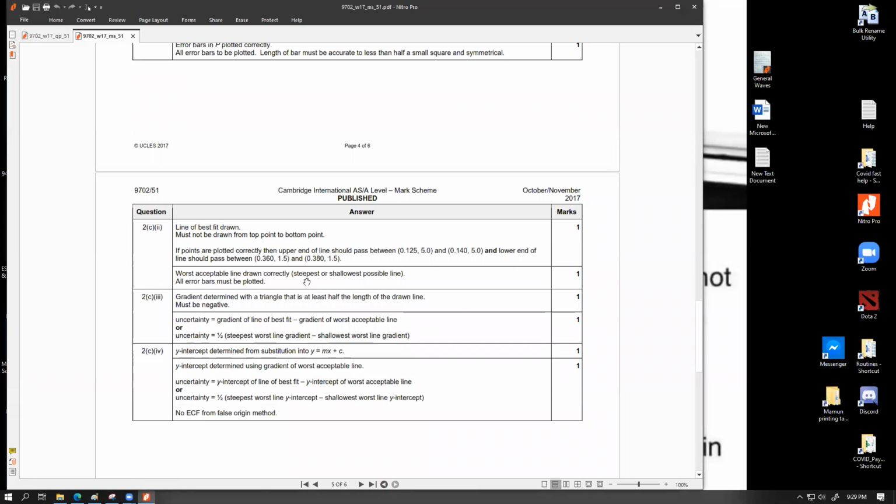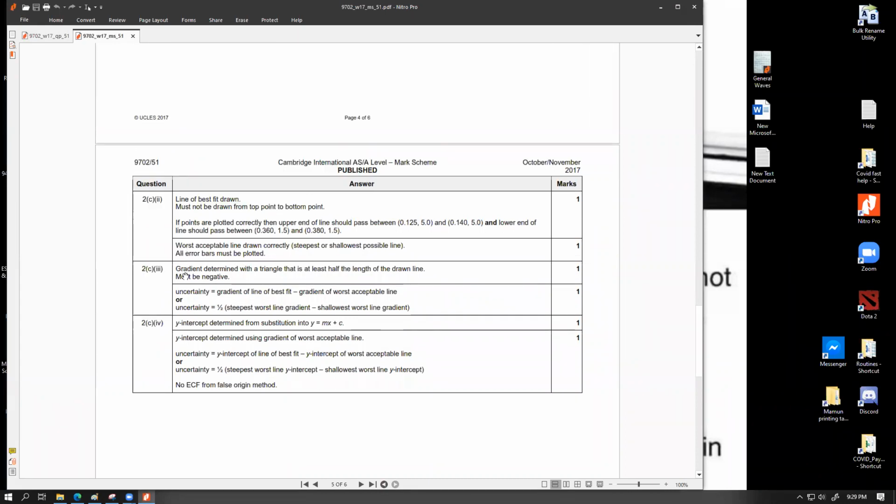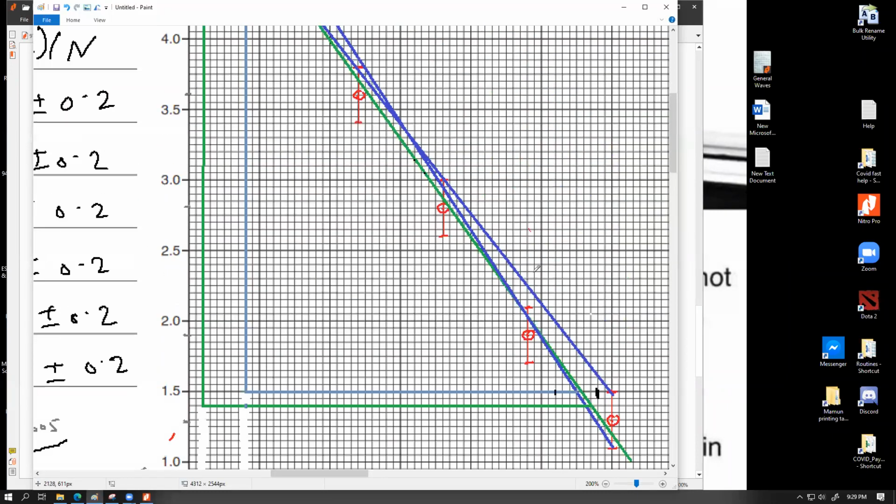Worst acceptable line drawn correctly, steepest or shallowest possible line, all error bars must be plotted. So we did this as well. এটা আমরা মার্কস পাবো। স্যার এরর বারস গুলো কোনগুলো? এরর বারস গুলো হচ্ছে রেড ভার্টিক্যাল লাইনস, এই যে এইগুলা, এই রেড লাইনস গুলা, এগুলা এরর বারস।